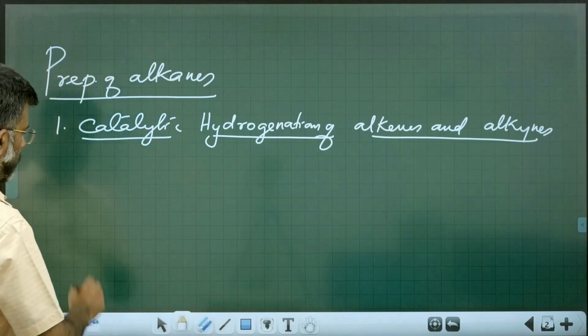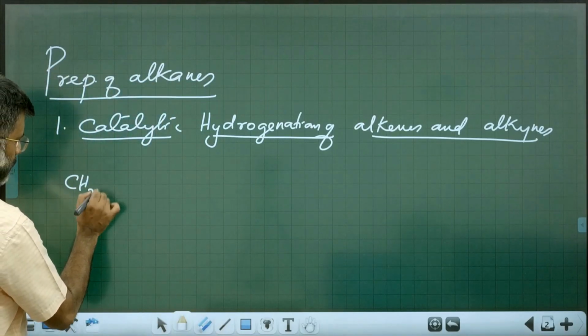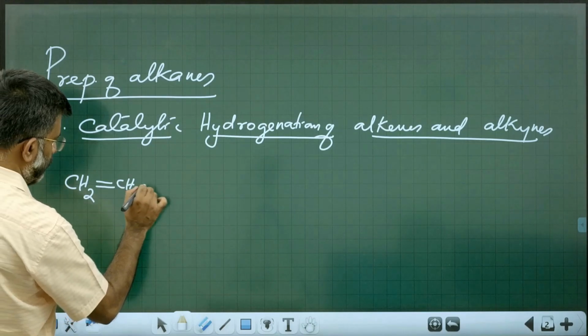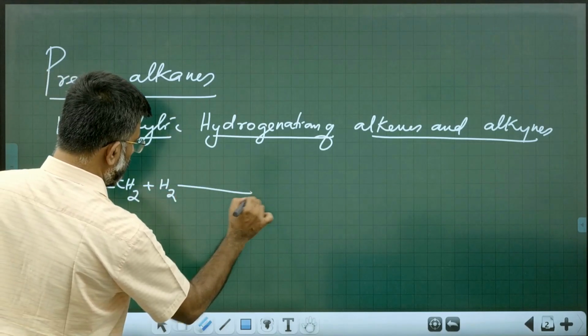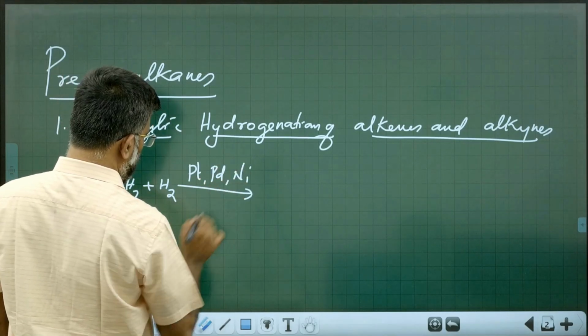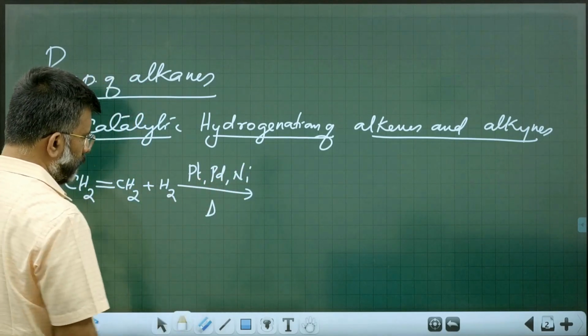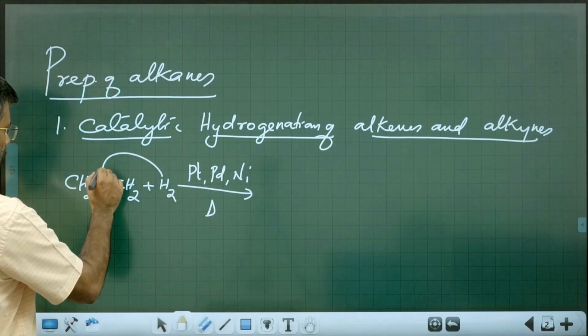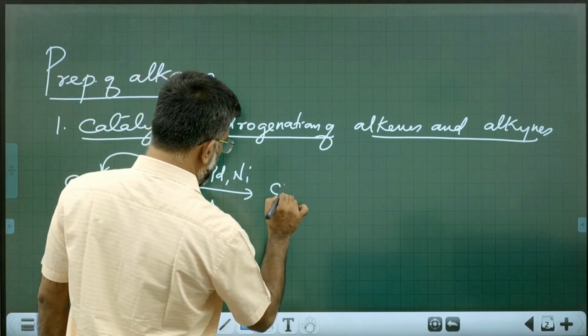Say for example, ethene. Ethene treated with hydrogen in presence of platinum, palladium, nickel, etc. and heating if required. The hydrogen will be added over the double bond and you get